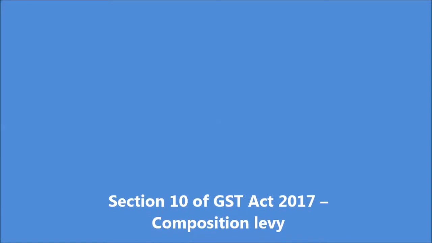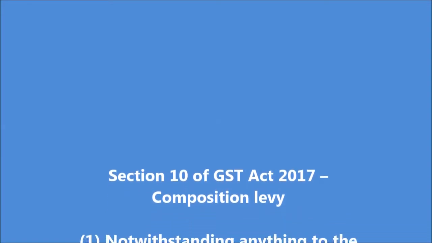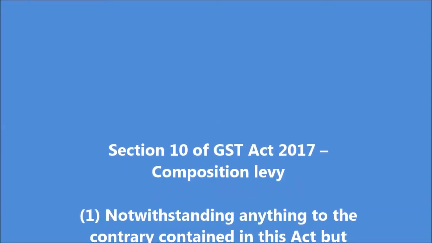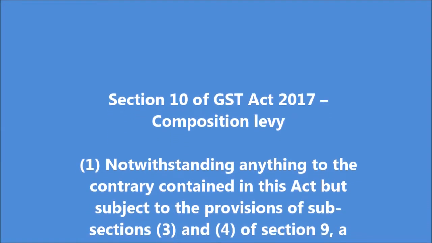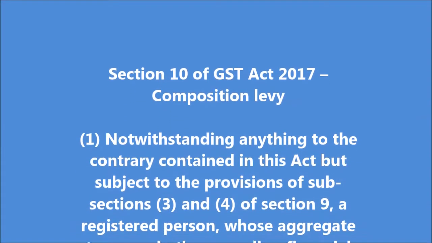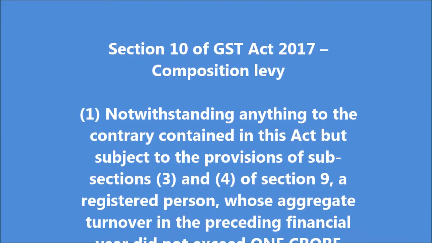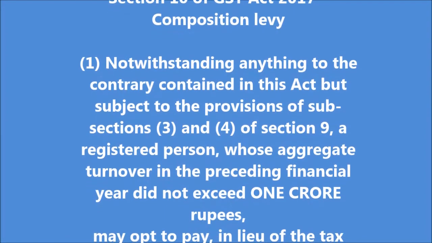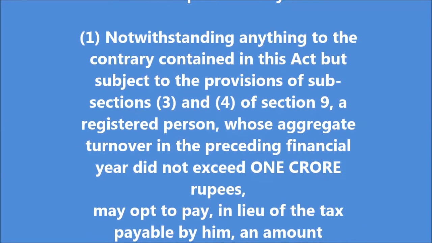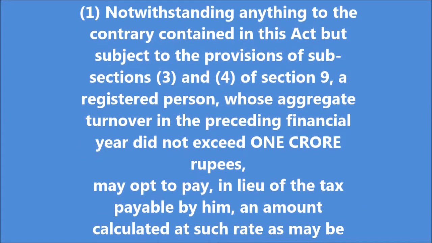Section 10 of GST Act 2017, Composition Levy. 1. Notwithstanding anything to the contrary contained in this Act but subject to the provisions of subsections 3 and 4 of Section 9, a registered person, whose aggregate turnover in the preceding financial year did not exceed 50 lakh rupees,